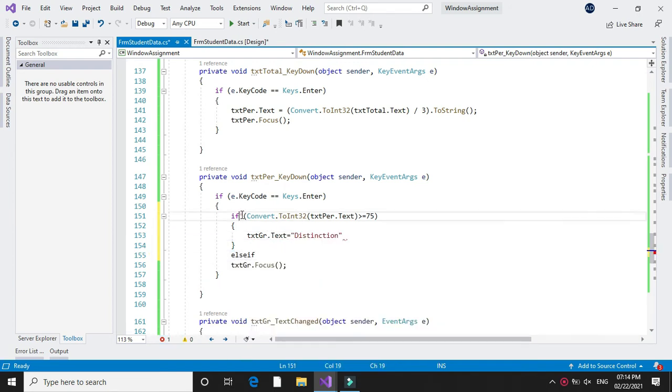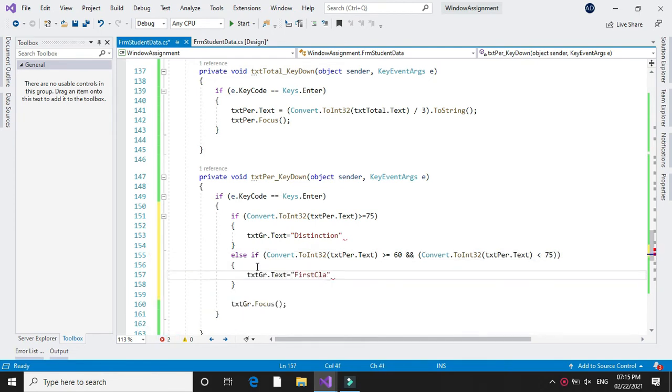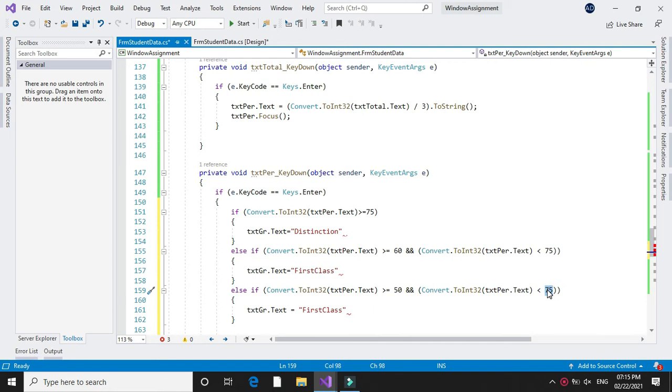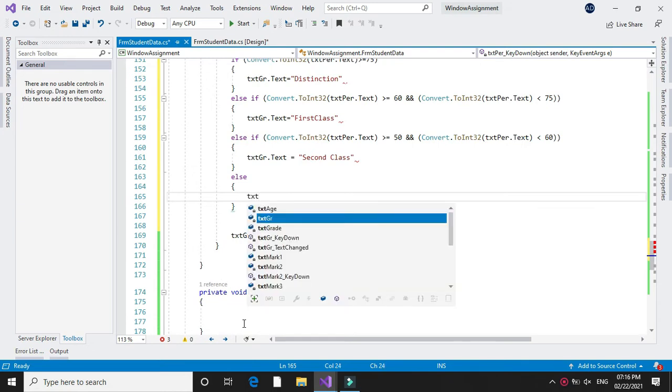Else if it is greater than or equal to 60 and less than 75, it will assign the value first class. Else it is checked if it is greater than or equal to 50 and less than 60, it is second class, and else it will print pass class.